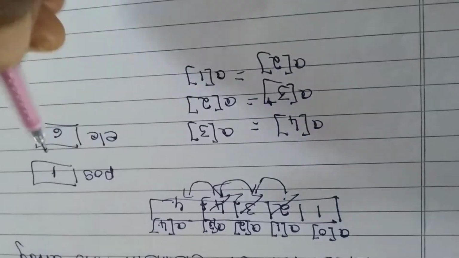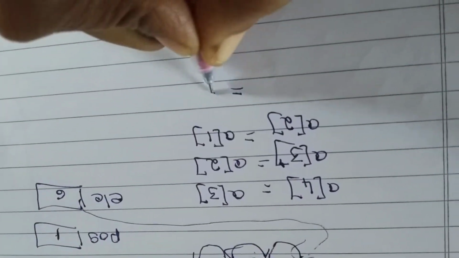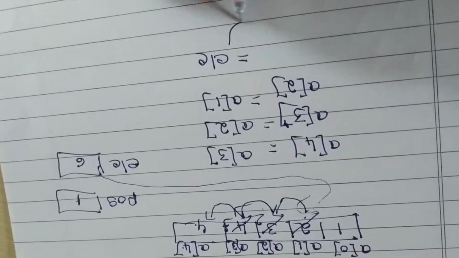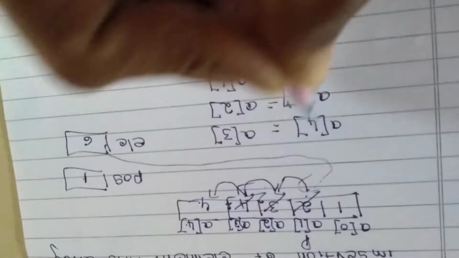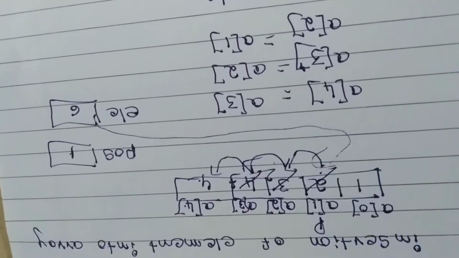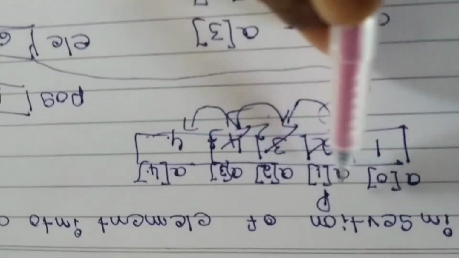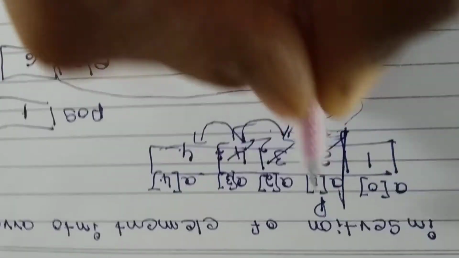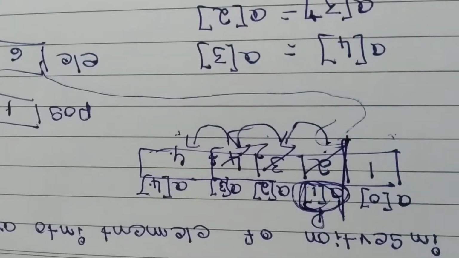Now it is empty. Now from ELE, look here, from ELE we are shifting to the array at a particular position. And when I am shifting, you should observe carefully. I didn't shift all the elements, only till here I shifted, because this is the position they are desiring. I didn't shift all the elements, that you should remember.